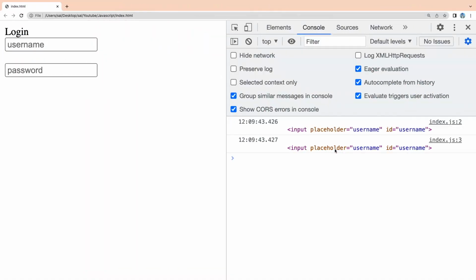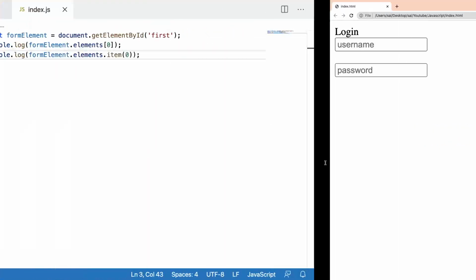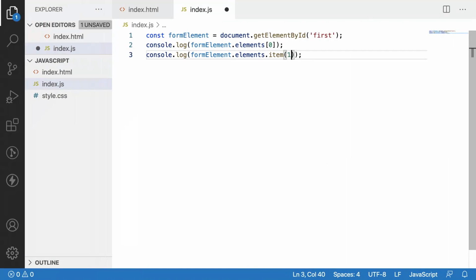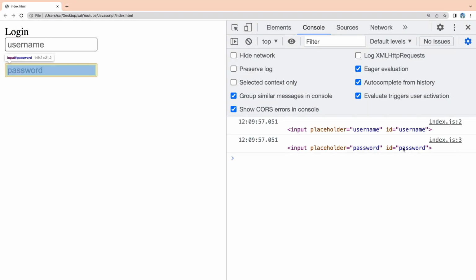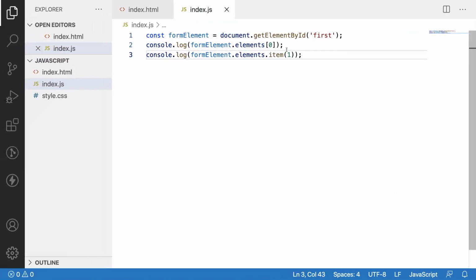Reload. You can see both the outputs are the same. For example, if you want to go with 1, which is the second index, it is targeting the password. Let me clear it off and reload. You will be getting the same output. This is related to the password. That means instead of targeting inside the array format, you can even use the item method to get an element from